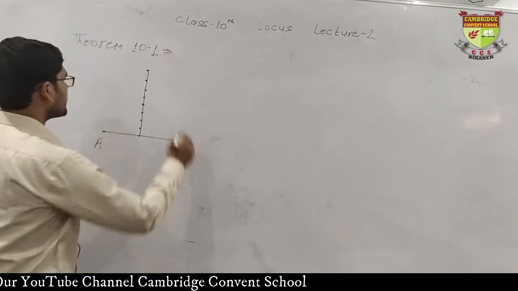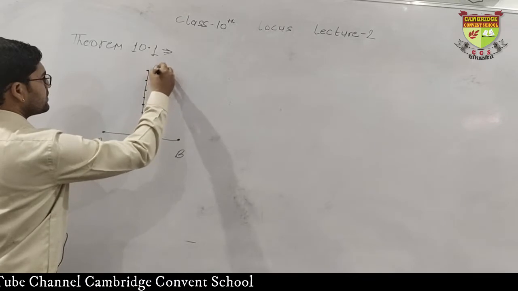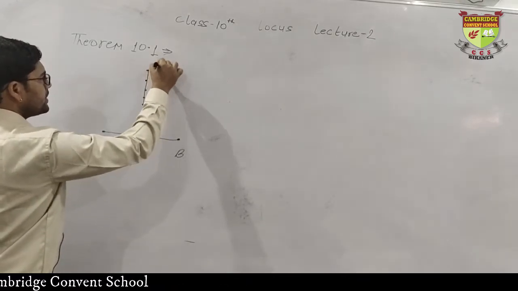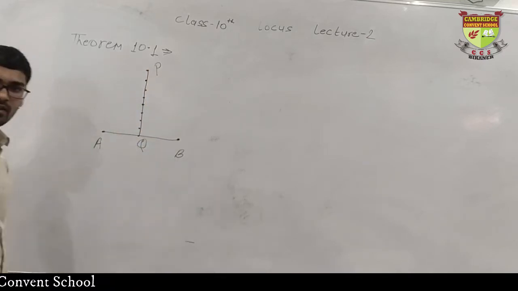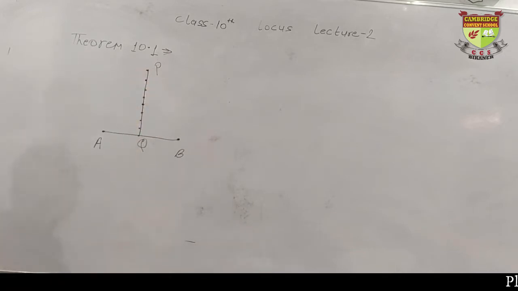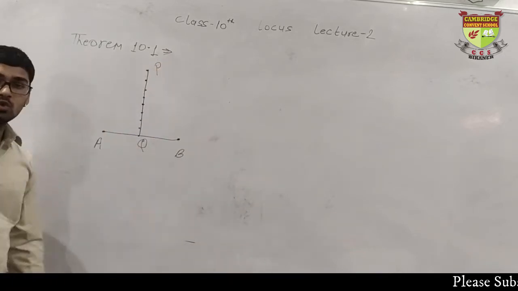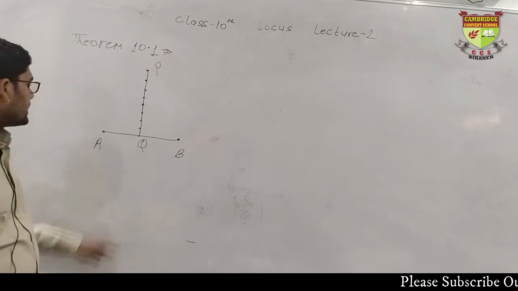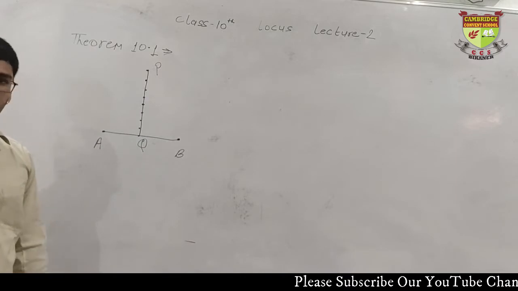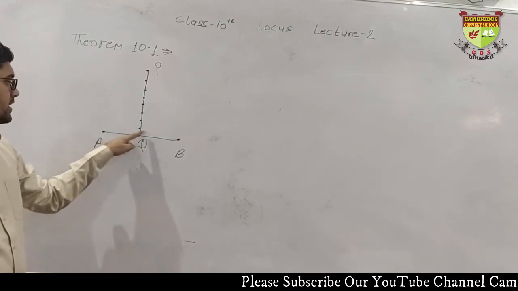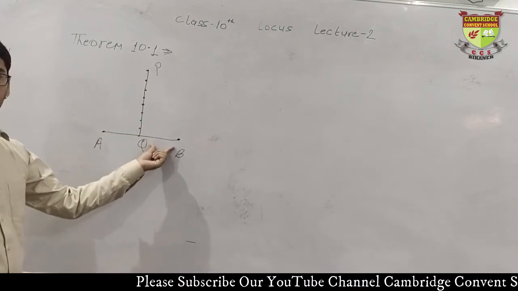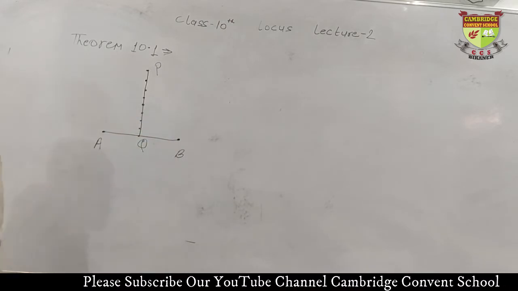So we must give it a name, like I have given it the name C. And okay, let's give it the name P and this is Q. P and Q. We can give any name. I have just given a random name. Okay, P and Q. So we have to prove that these angles are equal and AQ is equal to QB. When these angles are proved 90 degrees, it will be proved perpendicular, and when AQ is equal to QB, then it will be proved bisector, that is perpendicular bisector together.